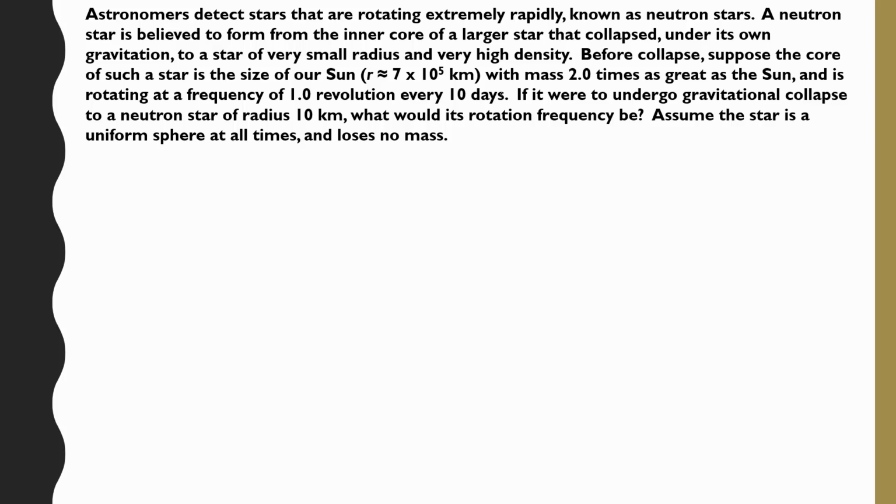One thing that can happen to a star as it dies is there's no more fusion in the center causing pressure to go out, so the star can collapse on itself. And it can create what is known as a neutron star. And a neutron star is about the size of a city, but you take the mass of an entire star and cram it into that size. So it's very dense, but it also follows this same conservation of angular momentum,